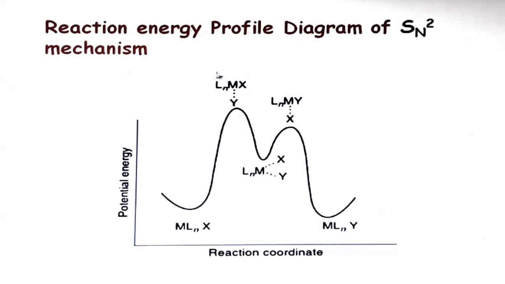Now here you can see our substrate or main complex is reacting with the incoming ligand, so an intermediate with coordination number 7 is formed. Now this is not our final product. Again this intermediate requires some energy, and by getting some energy the MX bond will break and finally we get our main product. So we are getting two plateaus. One plateau shows formation of an intermediate and the second shows formation of the final product.